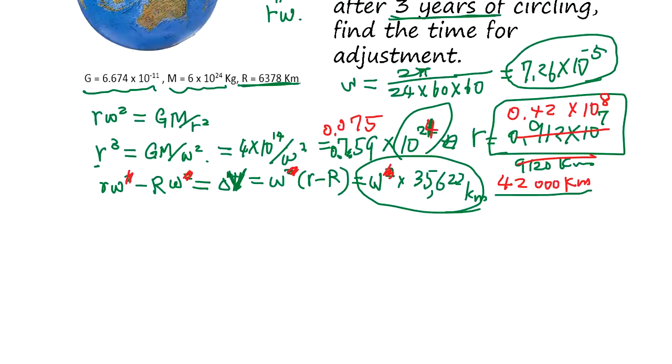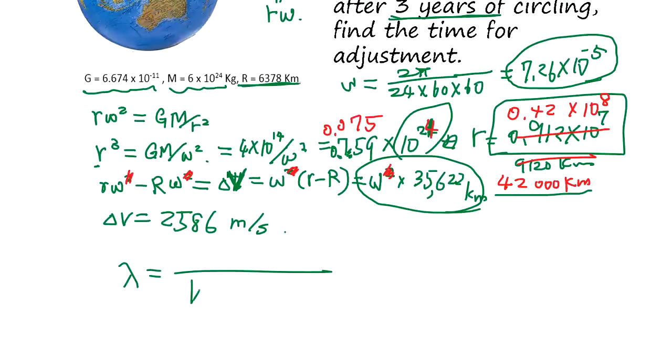so let's calculate. 35,622,000 times 7.26 equals 2,586. So delta V is 2,586 meter per second. Well, 2.5 kilometer per second sounds a lot, but it's not much, because